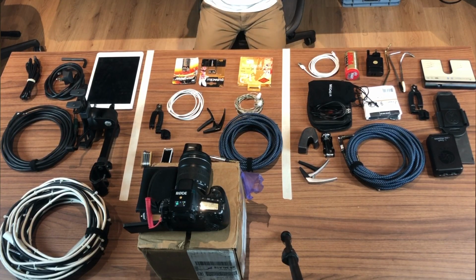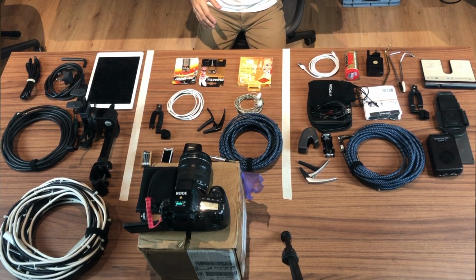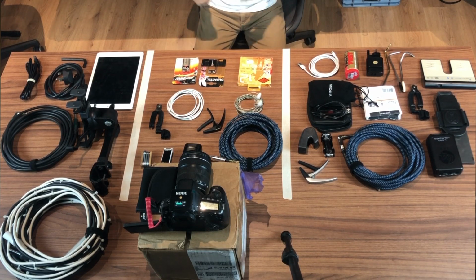On my desk here, I have all these items sectioned into 3 parts. The one on my far left are the items I usually take with me in my electric guitar case. The ones in the middle are what you would usually find in my acoustic guitar case, and the ones on my far right are the items I usually keep in my Helix guitar backpack. So starting off on my far left side, the items I usually carry in my electric guitar case,